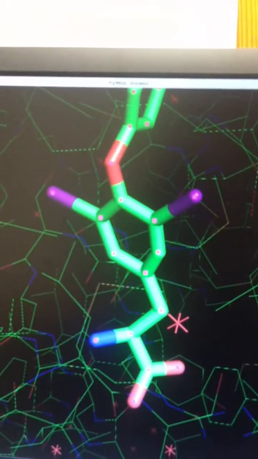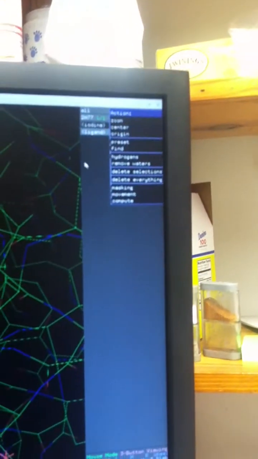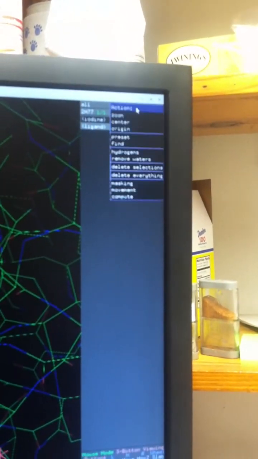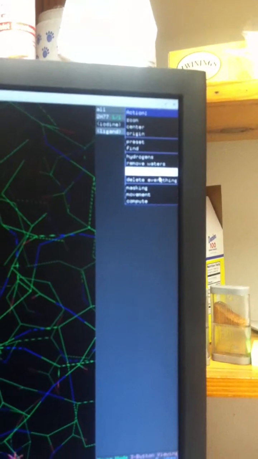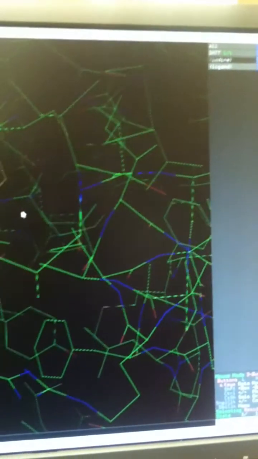Okay, I'm going to get rid of all of these waters. So I went to all and remove waters. Now we have this. I'm going to go down here again and say select